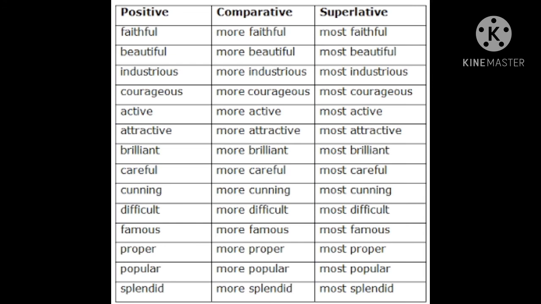Splendid, more splendid, most splendid. So such words cannot be written in er and est. Just by reading the words we can understand that we cannot use er and est with these words. So for such words we can add more and most while comparing. And remember that when it is a comparison between two things, you want to use more beautiful than, more faithful than, more industrious than. In this way, at the ending you want to use than, T-H-A-N, than. You can say more colorful than, more cunning than, more difficult than. So when comparing between two things, you want to use more and than.